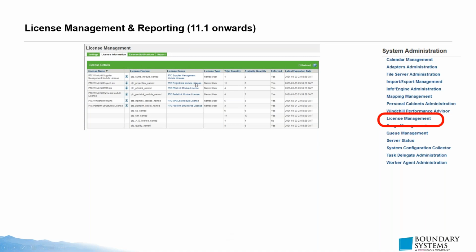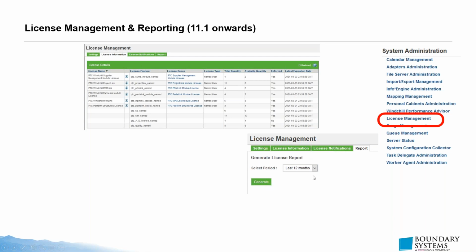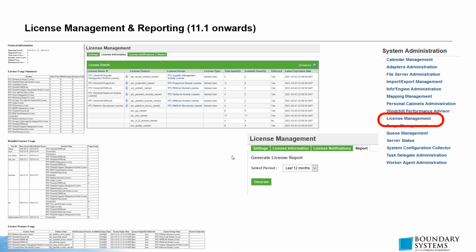But a lot of times people want to know, how many of these licenses are actually utilized? Do people actually use, for instance, the Project Link module? Is it something that's used or not? And there's a report available for that. On the report tab, you can generate a report for, and there's a drop down there, 3, 6, 12 months, or specify custom dates. That will create quite a large HTML report for you,